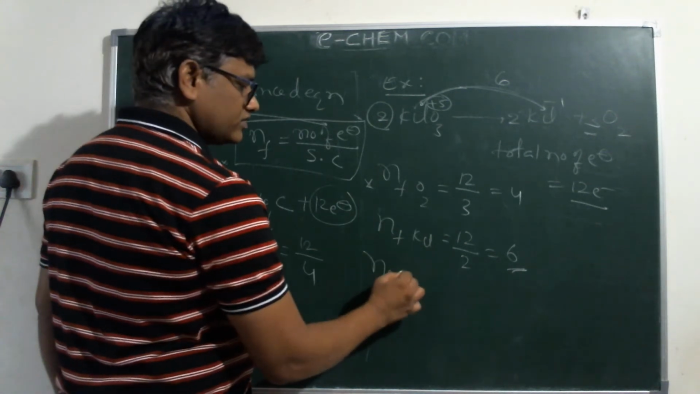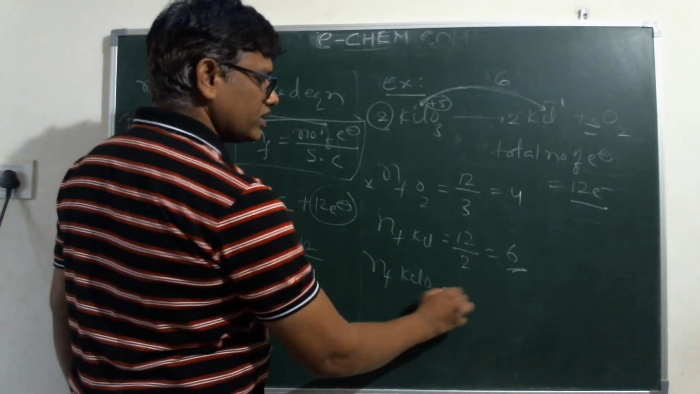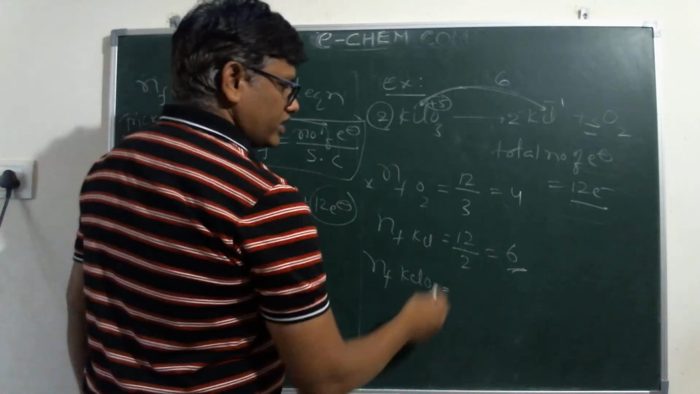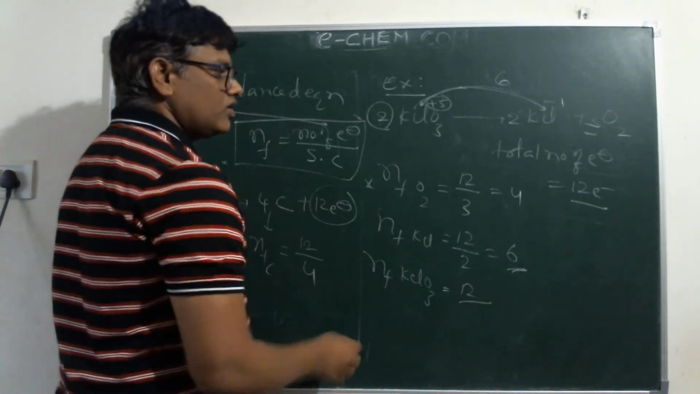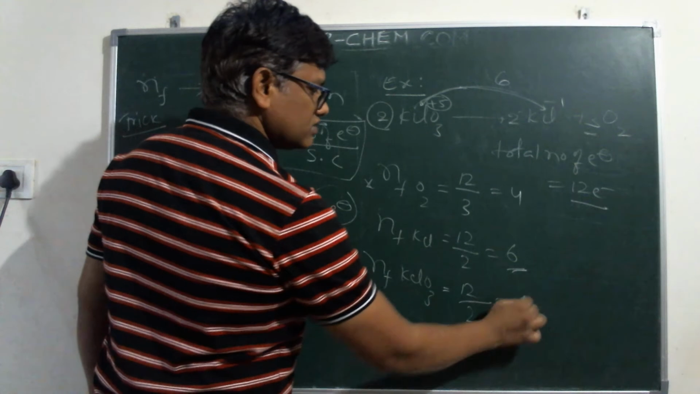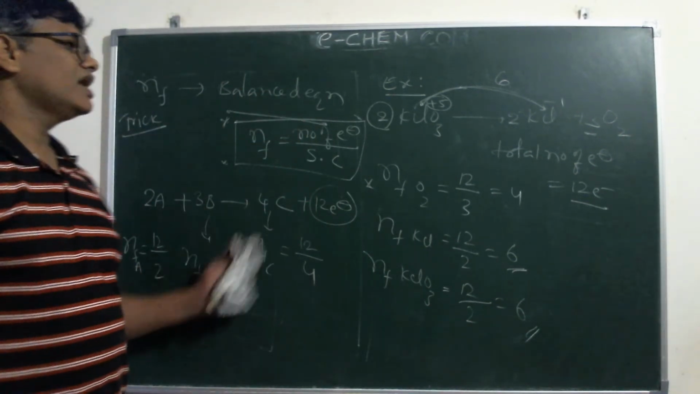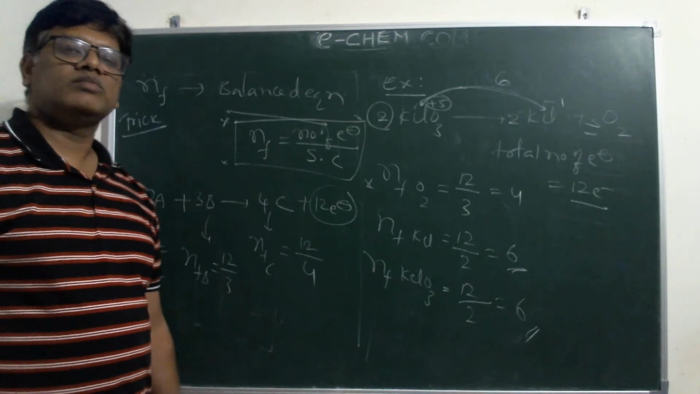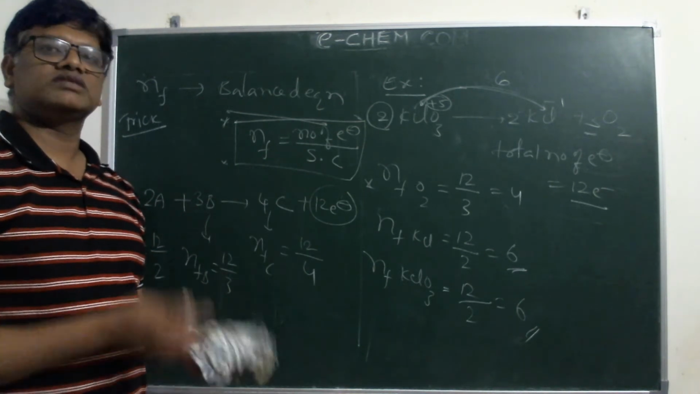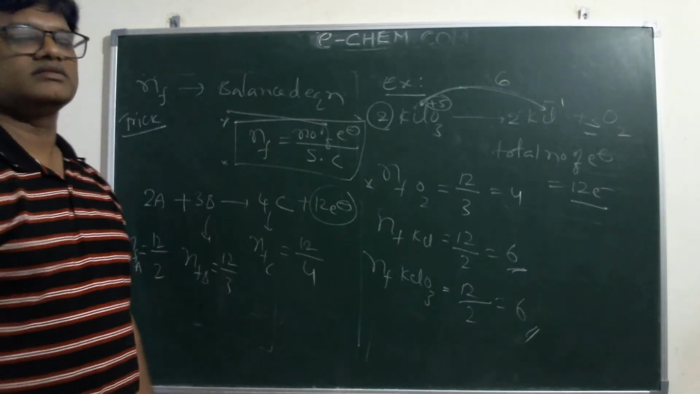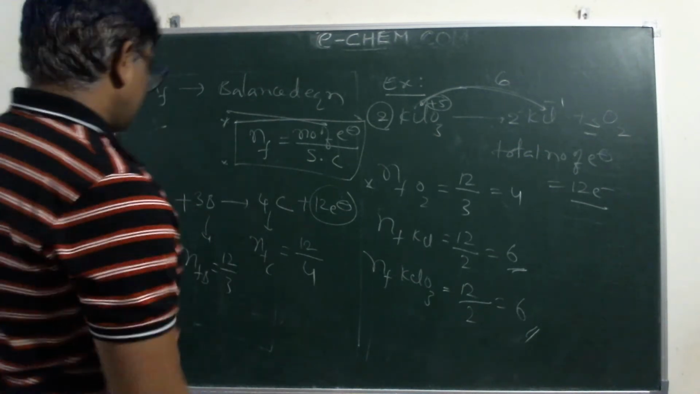And the n factor for KClO3, we want to calculate, then number of electrons involved divided by its stoichiometric coefficient 2, that is also 6. Like this, you can take any balanced equation and find out the total number of electrons and calculate n factors for each and every component. Very easy, right? Now next, let's go for